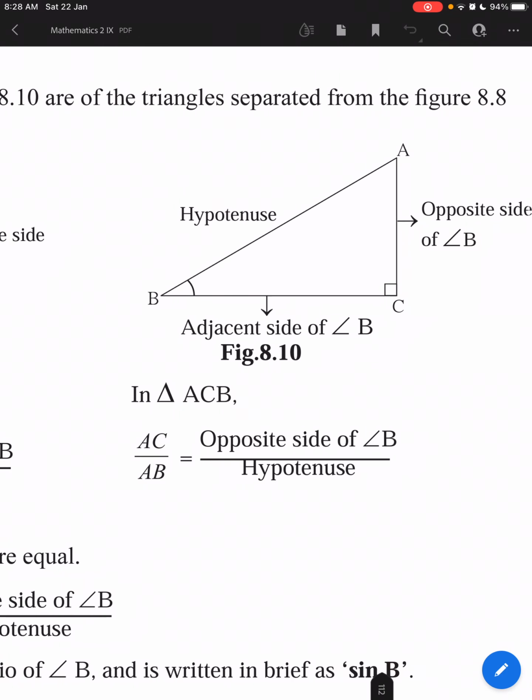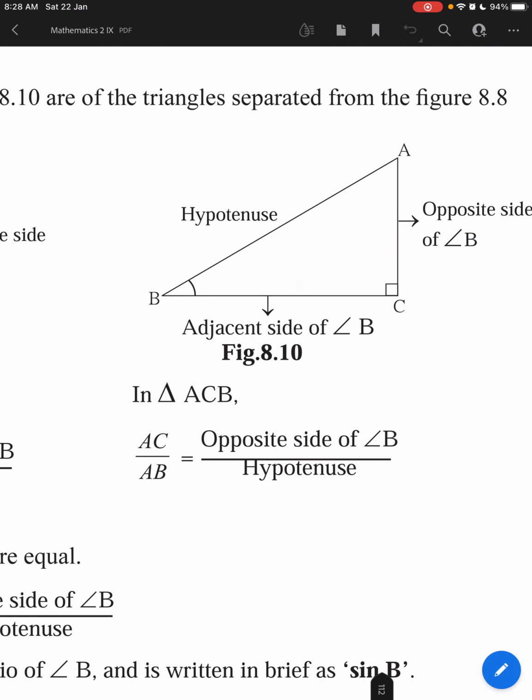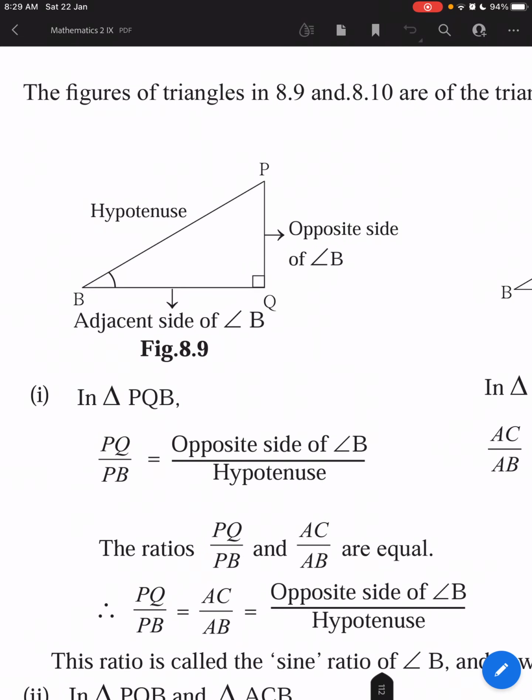One more figure we have. In this triangle ACB, angle C measures 90 degrees. Angle B is an acute angle. For angle B, the adjacent side is BC and the opposite side is AC. Angle C is a right angle. Therefore, the opposite side AB will be the hypotenuse. AB is the hypotenuse. Now, after showing you the opposite, adjacent and the hypotenuse of two different triangles, below that you have in triangle PQB,